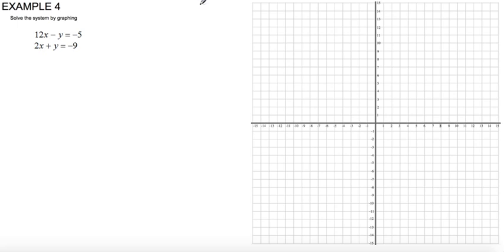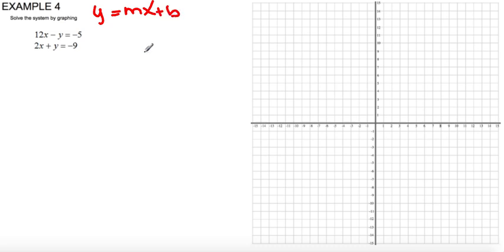Solve the system by graphing. In order to solve the system by graphing, we have to graph both equations and find the intersection point, and that intersection point will be the solution. Both equations are in standard form. We have to get them in slope-intercept form, which is y equals mx